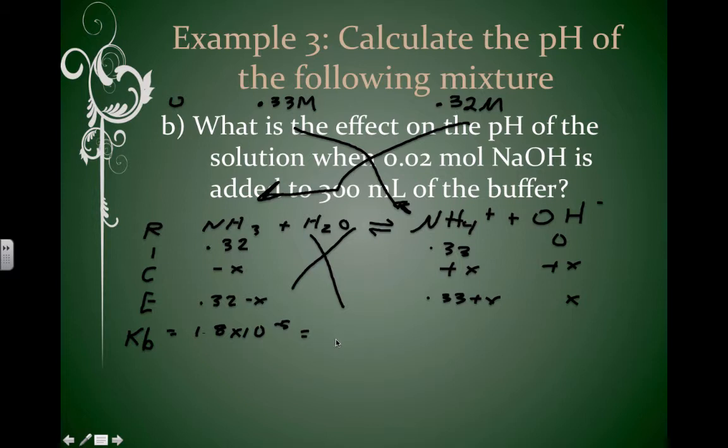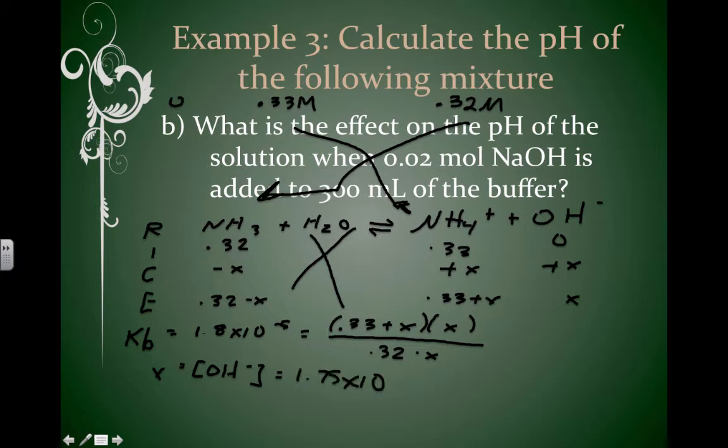And we will have products over reactants, 0.33 plus X times X over 0.32 minus X. So rearrange to solve for X, and I got a concentration of hydroxide, which is X, equal to 1.75 times 10 to the negative 5. So our pOH is the negative log of that number, which gives us 4.76, and we need to find the pH,